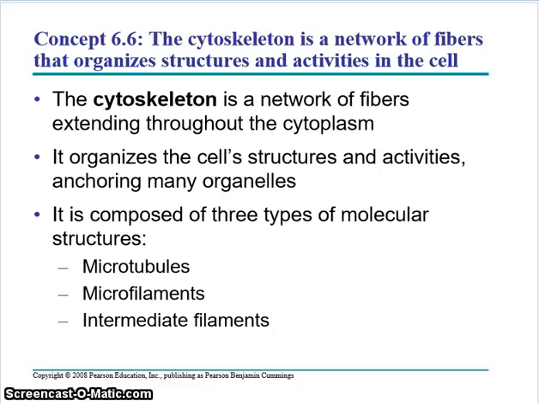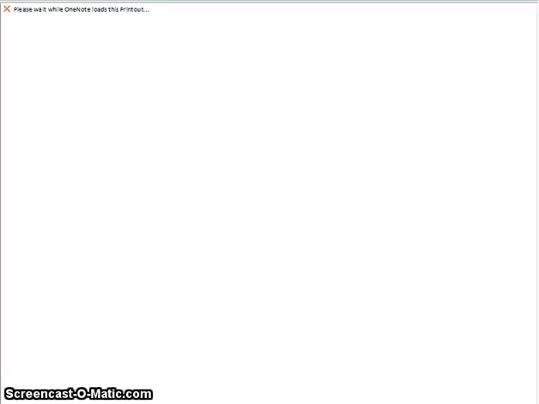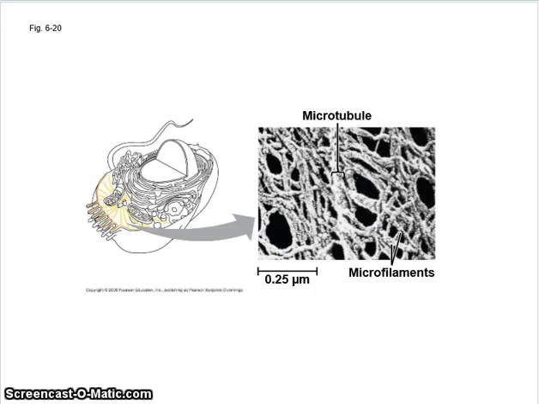And the cytoskeleton is kind of just what it sounds like. It's a skeleton of fibers on the inside of the cell, all throughout the cytoplasm. It's there for structure, it's there for support, and it's also there to provide a roadway or a track for things to move along, which sounds interesting. Here's an electron microscope image of the cytoskeleton, and cytoskeletons are made up of 3 different types of protein structures: microtubules,